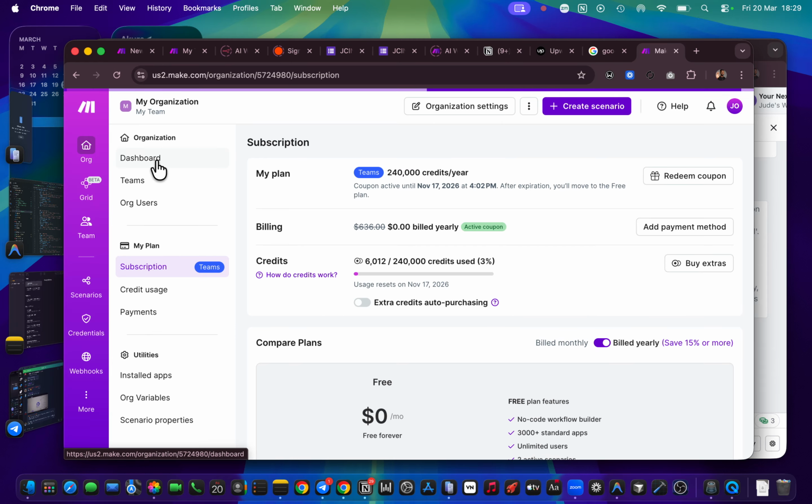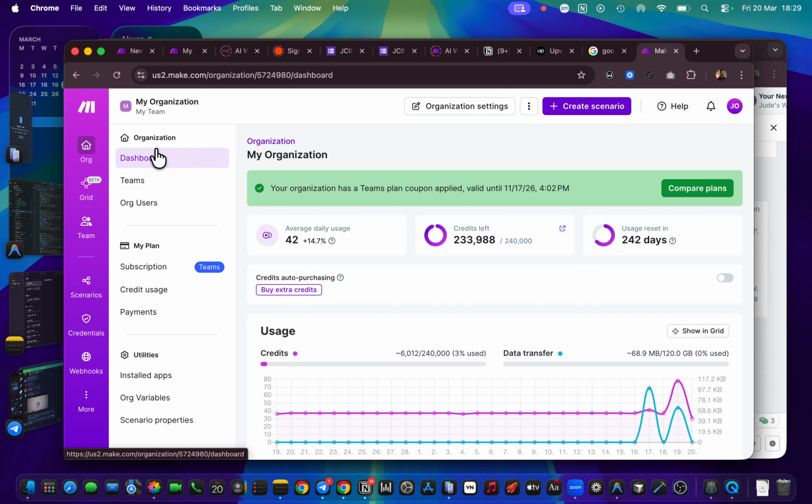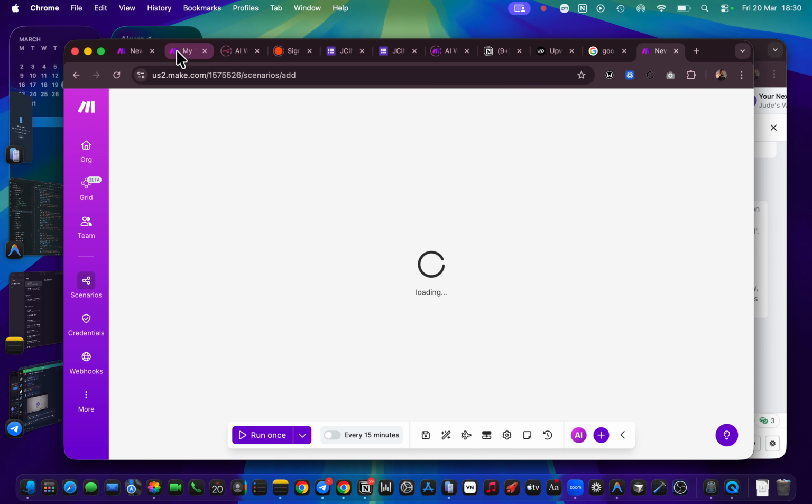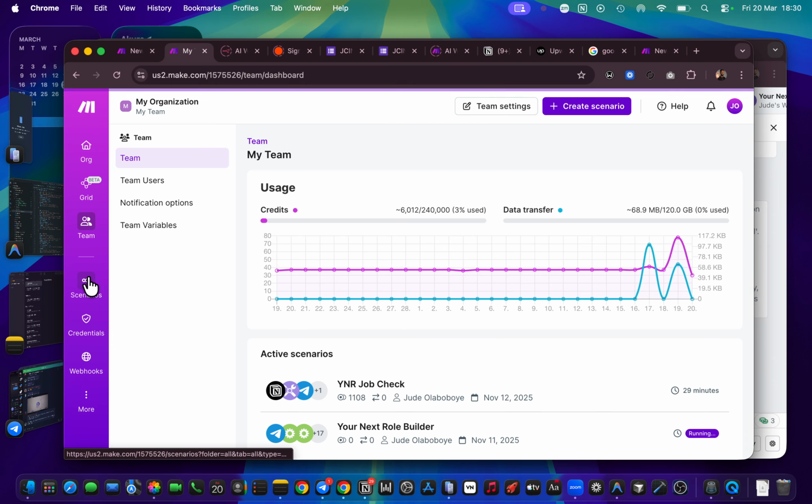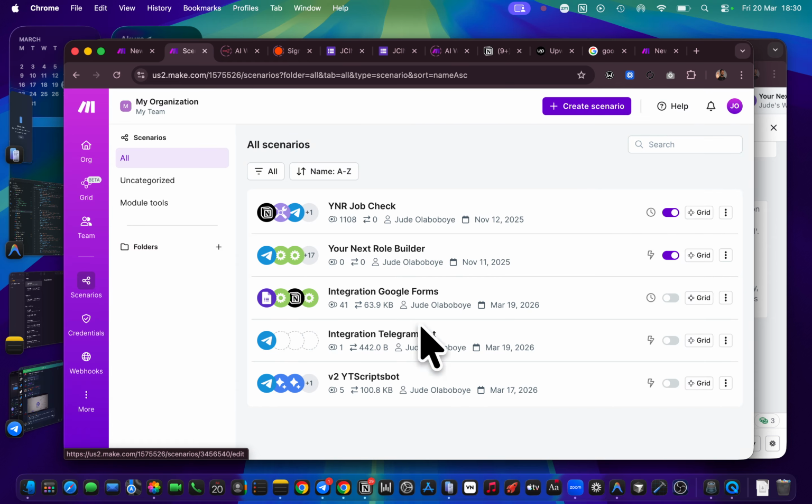So as a beginner, I will assume you are using 1,000 over 1,000, right? If you now want to create an automation, how do you go about it? You can click on create a scenario here. You will get sent to a blank canvas where you can create a scenario. Or you can come to your scenarios, and from this part you'll be able to see your active scenarios that are running. So there are 2 ways. When you click on this, you'll still be able to go back and create your scenario from here.